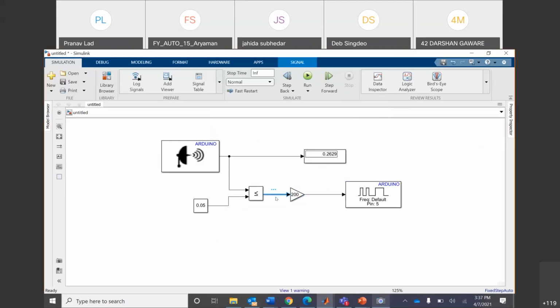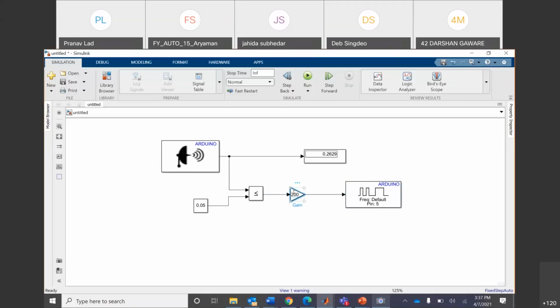I'm multiplying this 1 with 200, and this 200 PWM signal is supplied to our Arduino board, right? If this value is greater than 0.05, then we will have 0 over here and no signal will be supplied to this PWM pin, right?